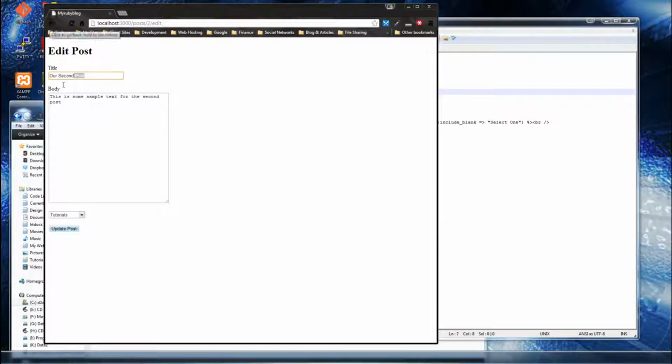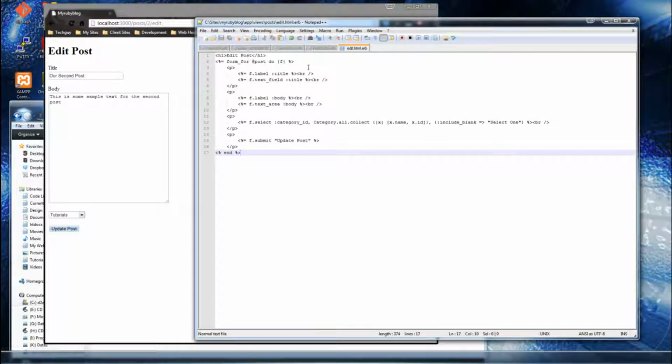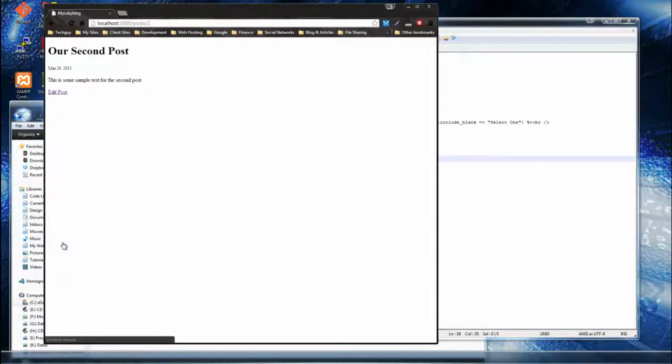So if we go back, actually let's put a go back button on this page. So if we go to the edit.html.erb, down at the bottom we can open some tags, and we'll have a link_to, we'll just say "Go Back" and comma, and then we'll just have post_path, and then close the tags up and save that, and then reload here, and we click this go back,